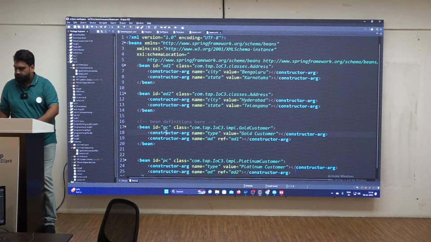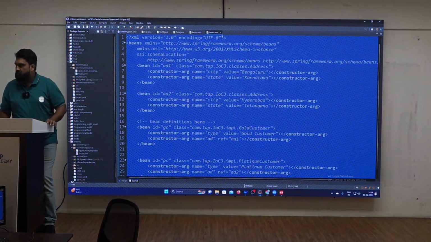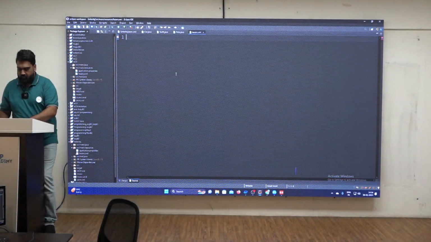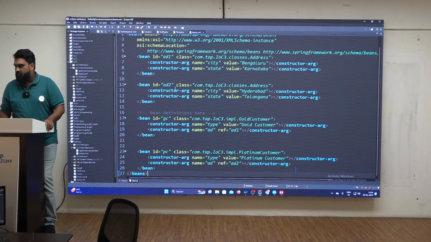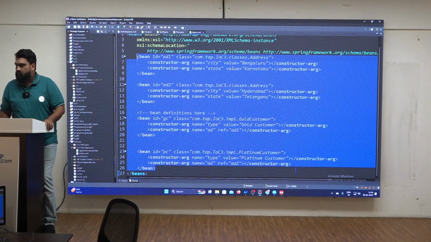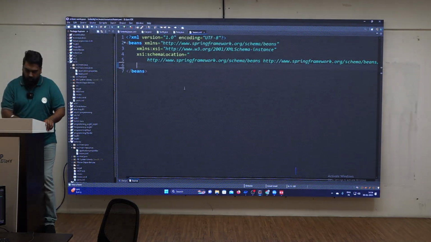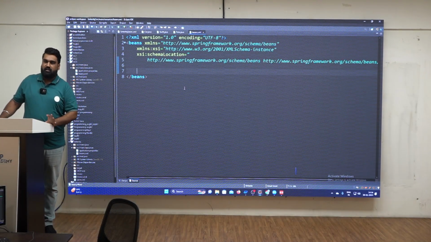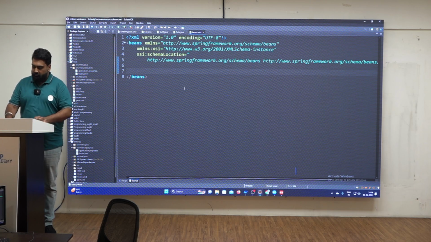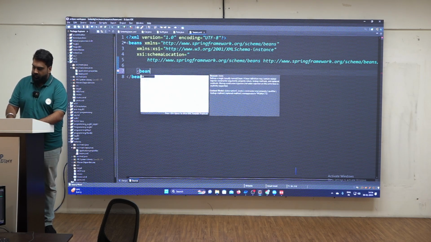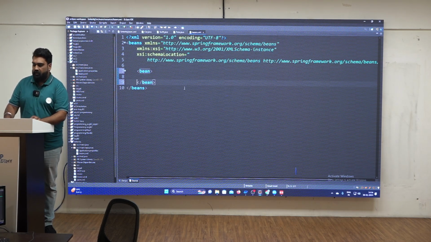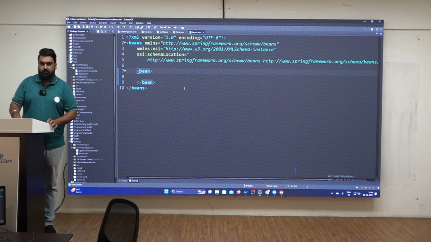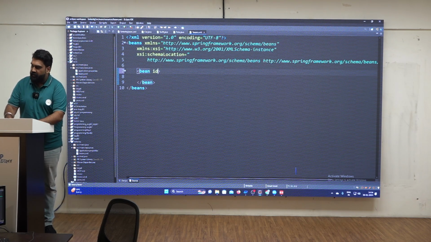I'll just copy all this, I'll paste it here. So this was from a constructor injection program. So I'm going to remove all the beans that I had written here. So this is setter injection with respect to XML. First of all, I am going to create a bean to get a car, right? So bean id equals, I am going to write it as Swift, and okay,